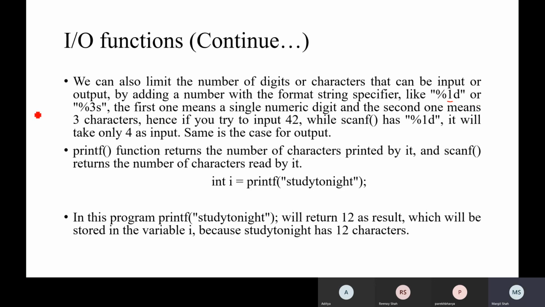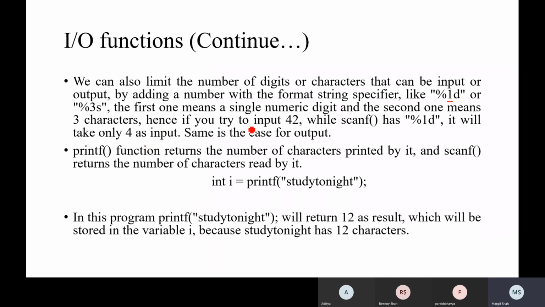So %1d%3s, the first one means a single digit and the second one means 3 characters, right? It defines the width, as I told you, %Wd, %Wc, not Wc because c itself is a character, %Ws, so the width of a string, that is possible. %Wf also is possible.